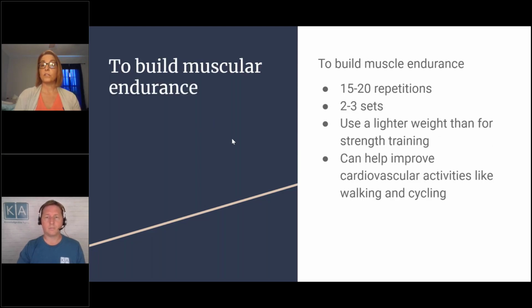To build muscular endurance, this is a different way to work the muscle. For this, you would do 15 to 20 repetitions, 2 or 3 sets, and you would use a lighter weight. The last couple of repetitions should still be somewhat difficult. This type of exercise training can actually help improve your cardiovascular activities, like walking or cycling. Even athletes that do cycling or run will have a weightlifting program that may incorporate some of these concepts to help build the muscular endurance that they need for their endurance